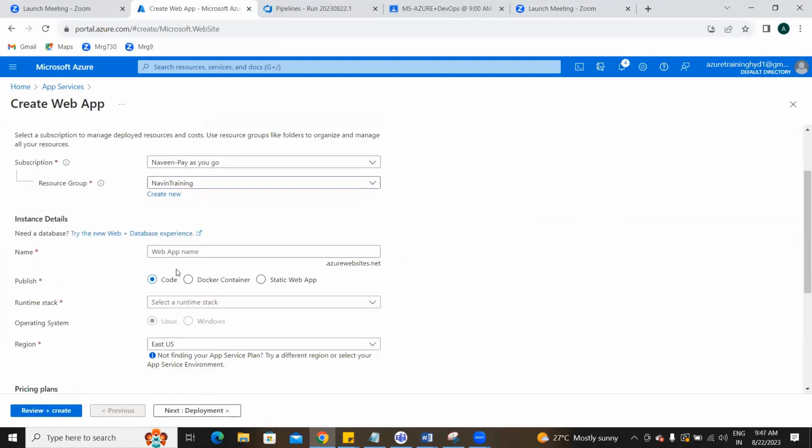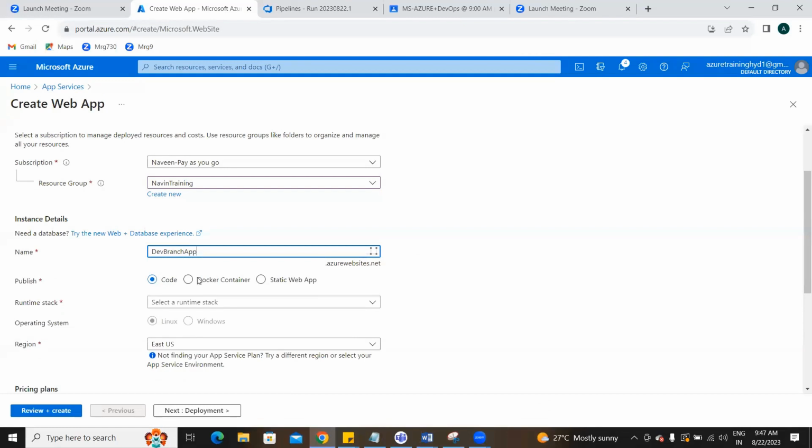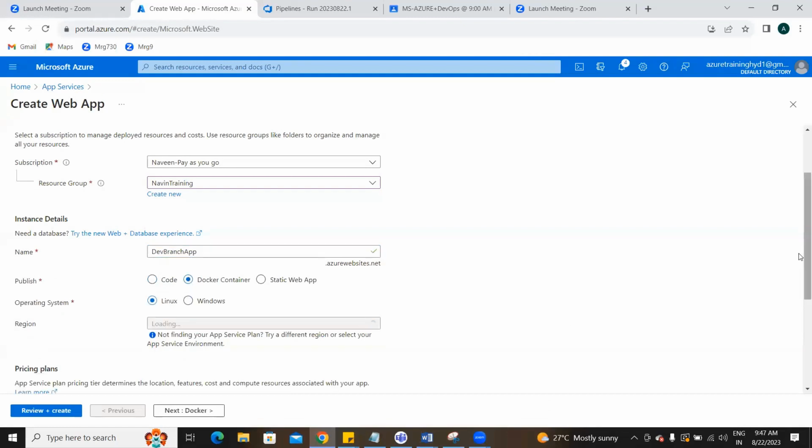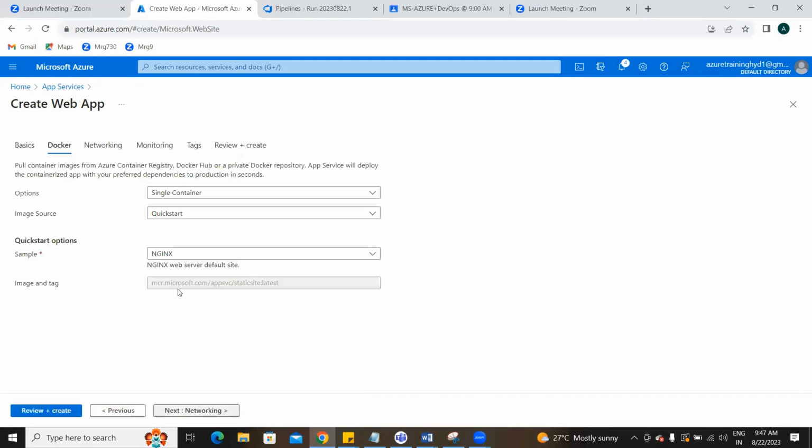Come back here. This is dev, right? Dev branch app. Okay. Container registries. Come down here. And let's, you tell me now, no? You're saying something, right? Yes, tell me. You're saying that tags, this one.